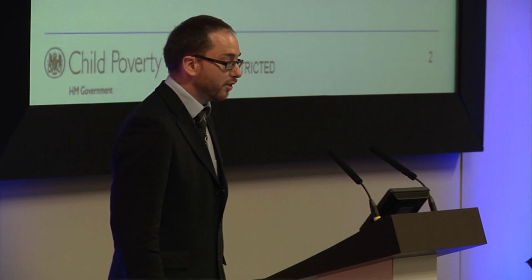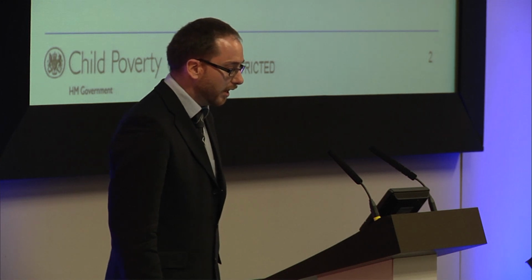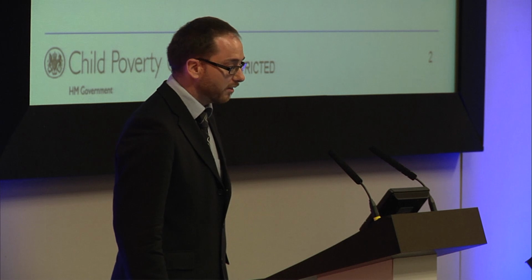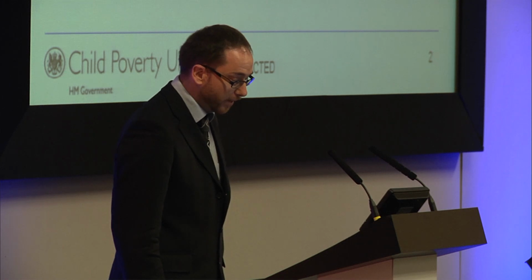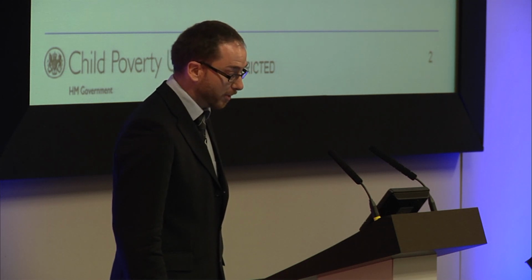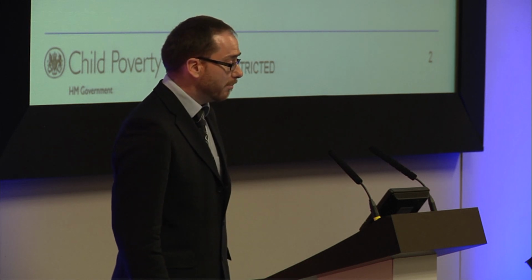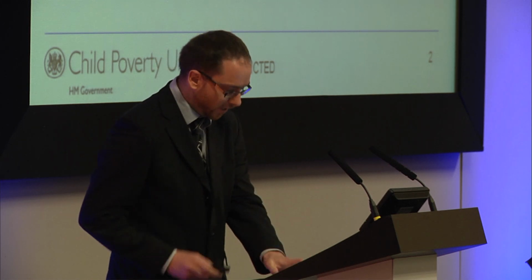There's the introduction of universal credit, which will improve the lives of some of the poorest families in society. And also we've introduced the pupil premium to raise educational attainment of poor children. And we've also introduced free early education of 20% of the most deprived children from September 2013, rising to 40% from September 2014. But I should start by setting out what are the measures in the Child Poverty Act.